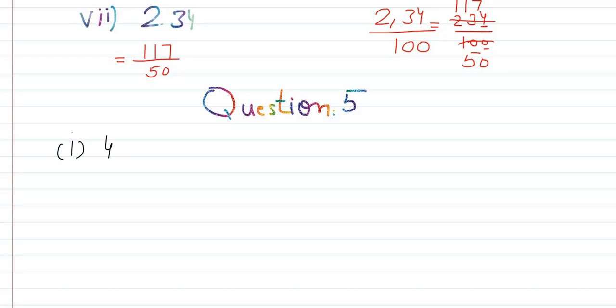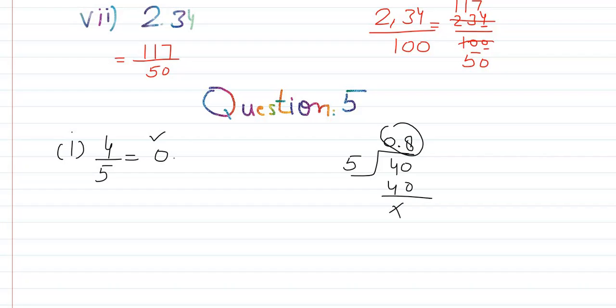This is in the form of a rational number, in the form of a fraction. We convert it into a decimal. So, here I write the answer. First of all, I divide it by 4. To convert a fraction into a decimal, we have to divide it. Here I write 5. You can see 4 is not divisible by 5. 4 is smaller than 5, so here we write 0 point. When we place the point, here we write 0. 5 8s are 40. Sorry, 0.8 is the answer. That I write here, 0.8.